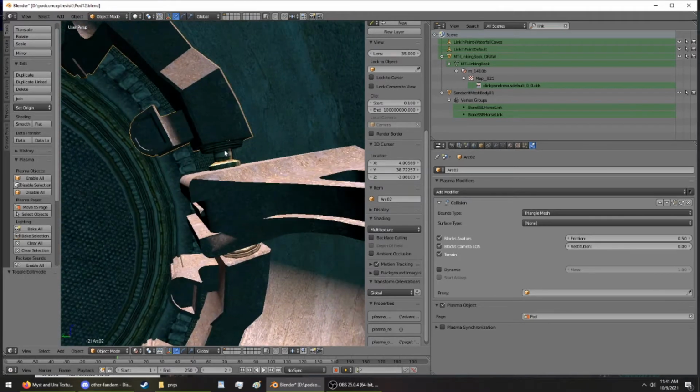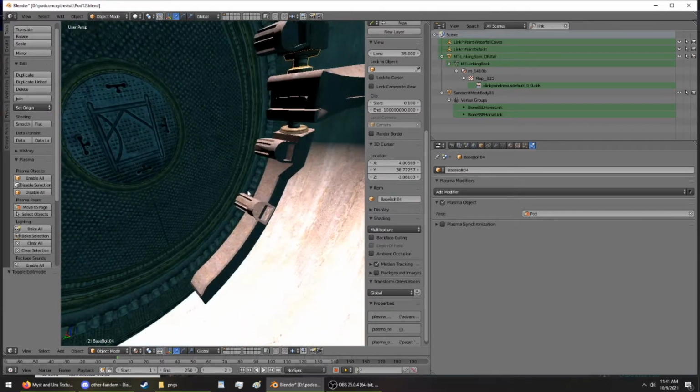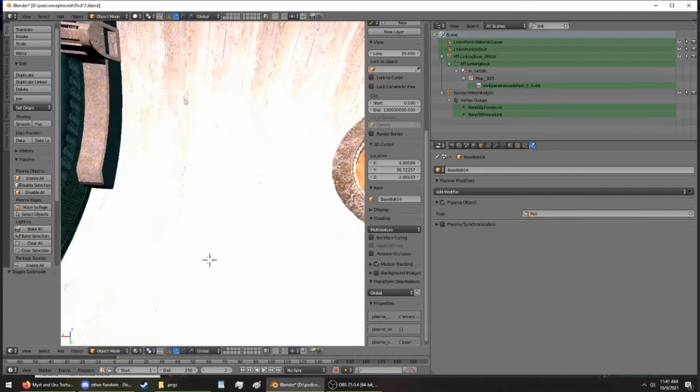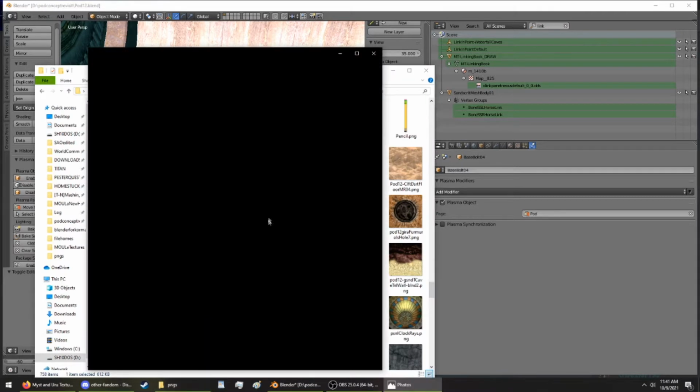Will I need to add it to these support pieces? For the moment, I'm going to say no. We're not going to do support pieces. Okay. So, right. I have a texture. I have the mist floor